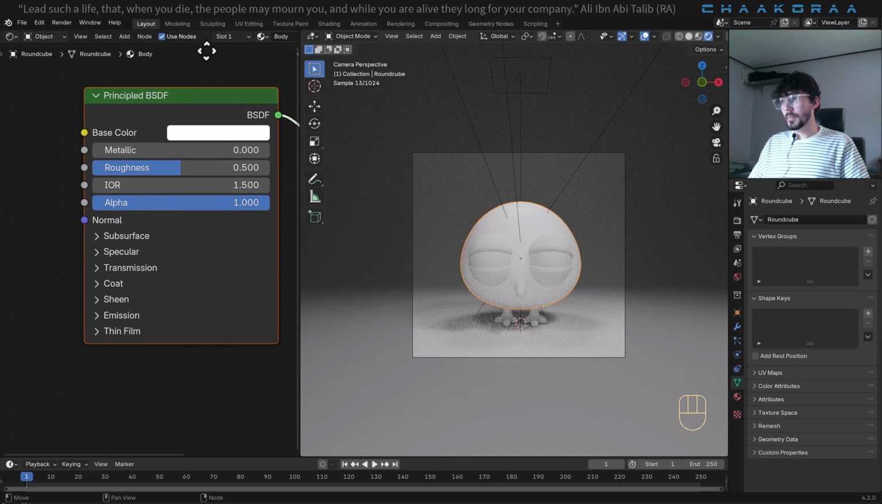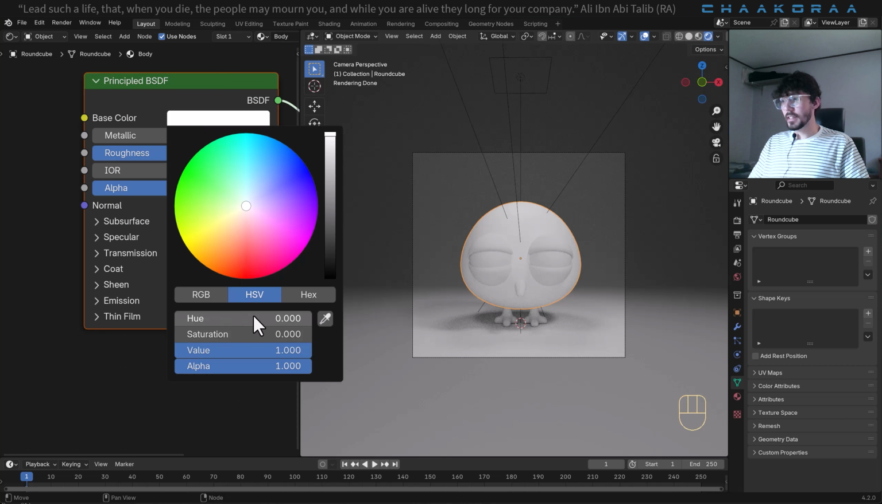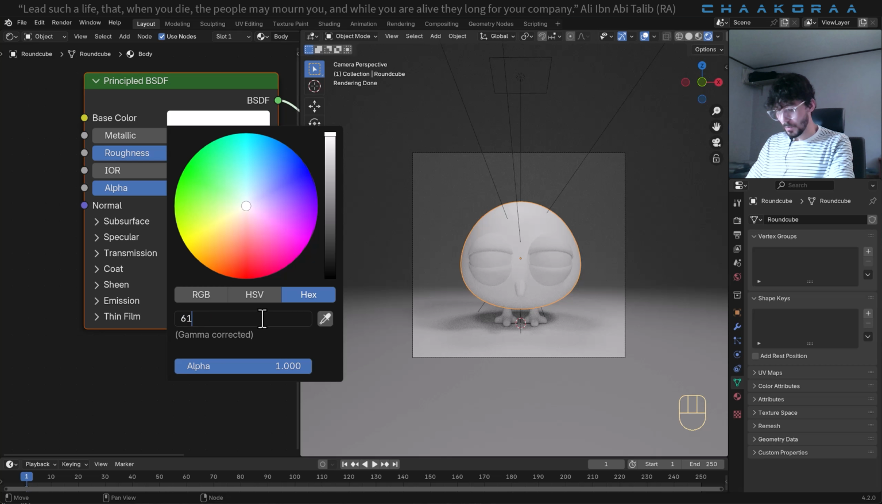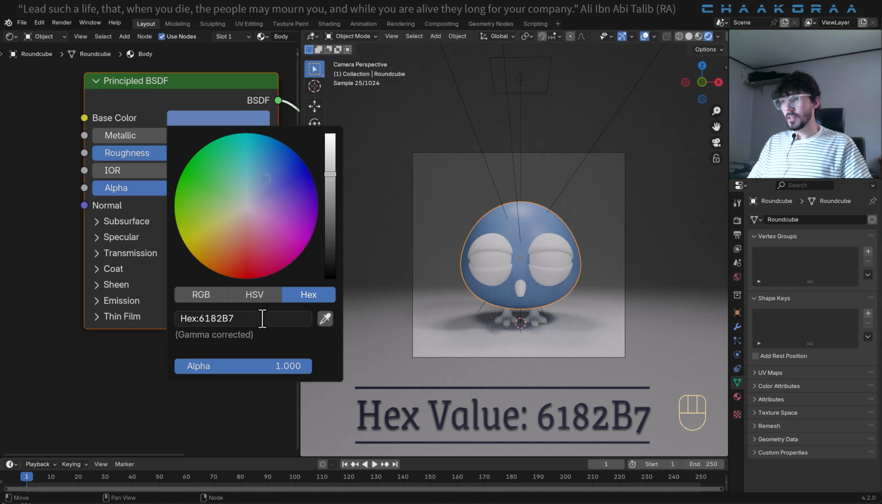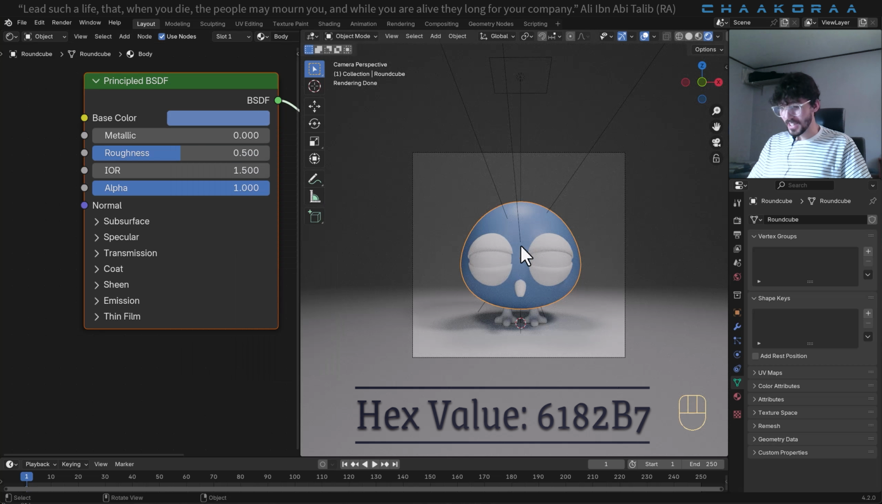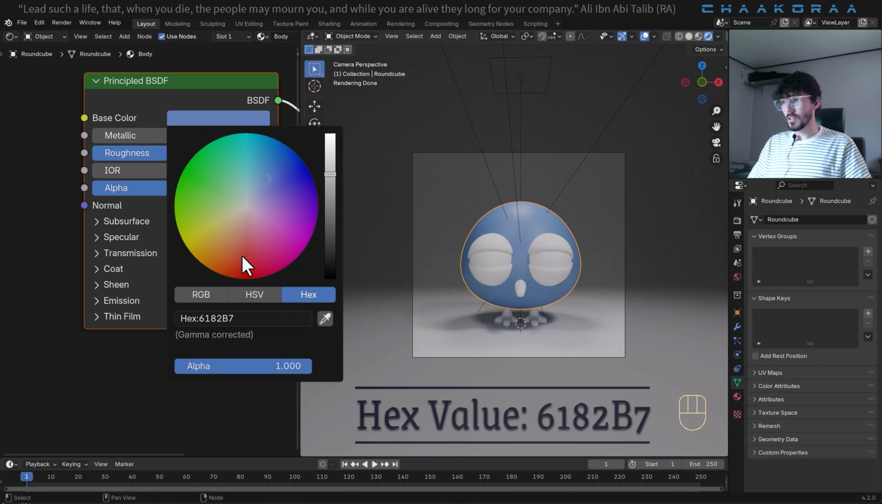By default, it shows you the HSV part, which has hue, saturation, value, and alpha. But you can go to the hex part, and I'm going to add a specific color for that. So the hex color is 6182B7. And look at the color. It's really a special color for me. It's Galactus color. So if you want to use the same color, you can just use this hex code,